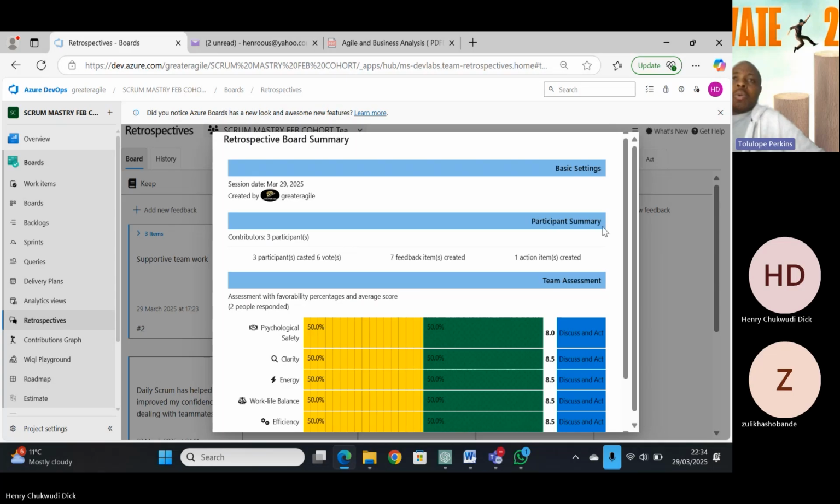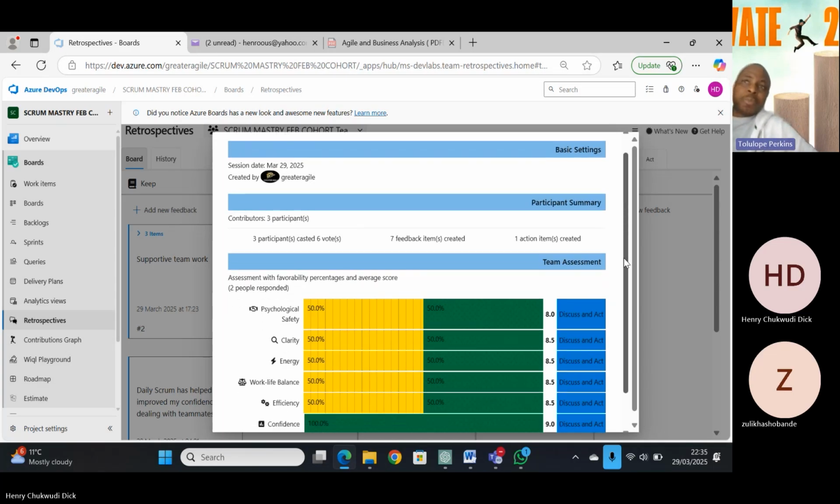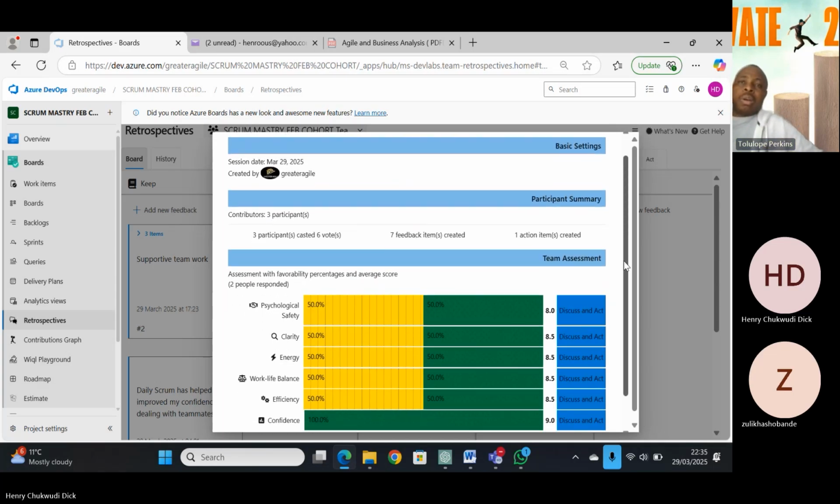So now, depending on how your team votes, we now allow, you can see the blue one says discuss and act. That one is very, very important. You don't just discuss and let it go. You act. If you feel that people are not safe within your team, you need to do something about it. Scrum Master, you need to act. You need to make them feel safe to talk, to express themselves, so that you can all move together as